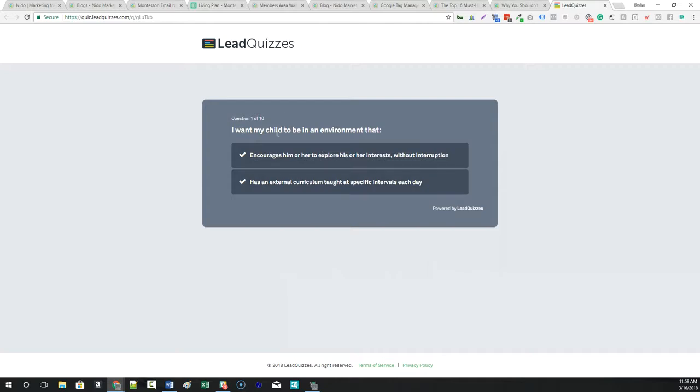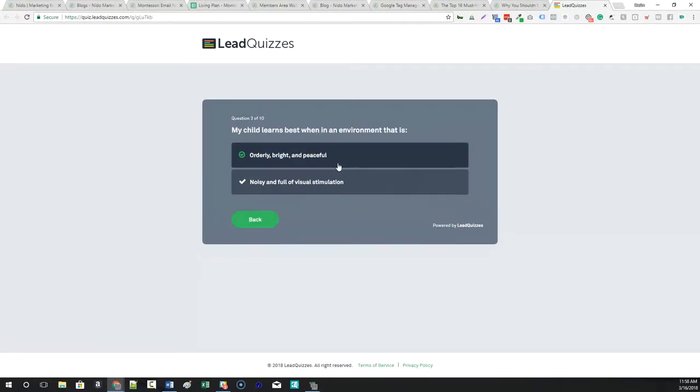And when you start the quiz, the questions are very straightforward. But you can kind of see where we're going here as far as the type of mission appropriate parents that we're looking for and how we're canvassing them. We're not necessarily disparaging traditional education. We're just giving parents a sense as to where Montessori fits and where it doesn't, because you don't want to aggregate a list of people who aren't going to be mission appropriate. And so as people answer these